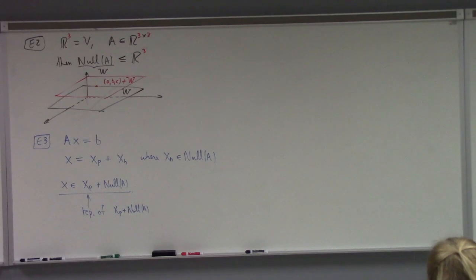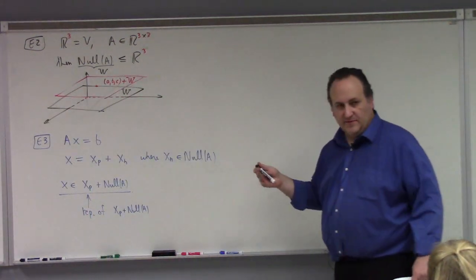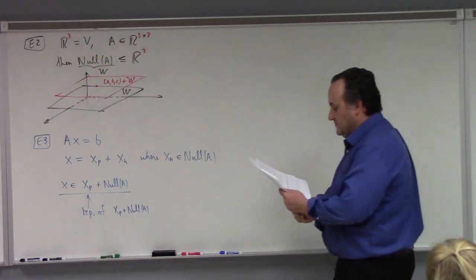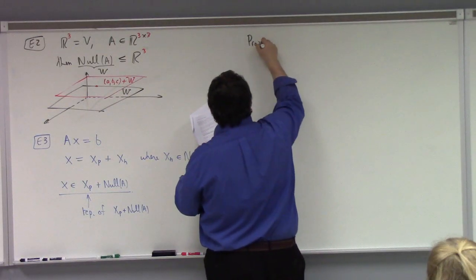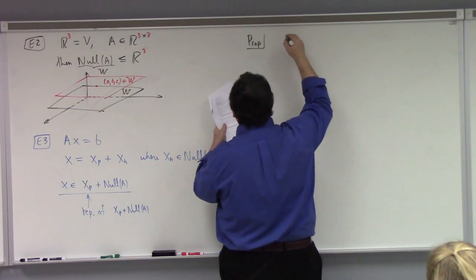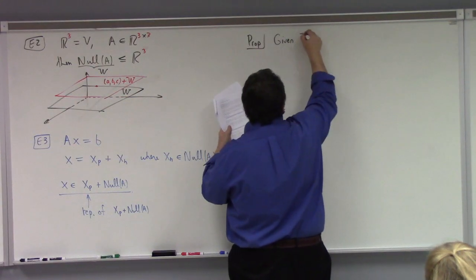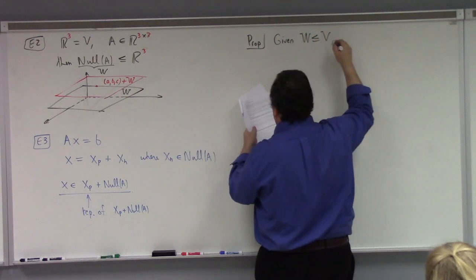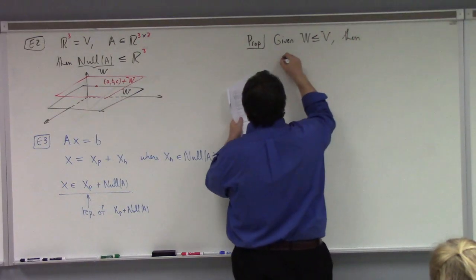All right, let me move on here. So the fundamental proposition deals with the ambiguity of the representative, all right? And this is the deal. This is kind of like the thing that makes this challenging. So given W a subspace of V, then X plus W